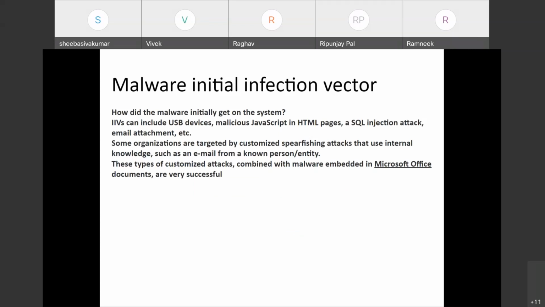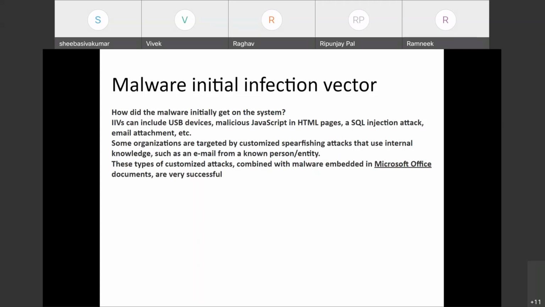Some organizations are targeted by custom spear phishing attacks that use internal knowledge. For example, some organizations will often get an email from a known sender saying that your password will expire if you don't reset it now. That's basically spear phishing.